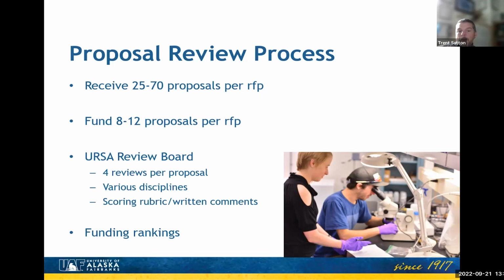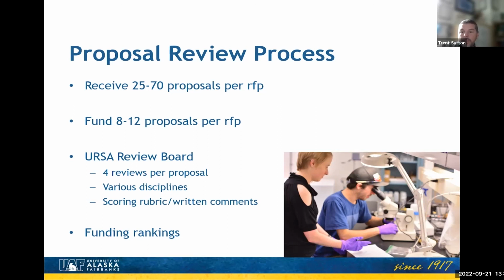So one of the things I'll talk about here in a minute that's really critical is writing a proposal for a general audience, not for a discipline-specific audience, because if you're using a lot of jargon and terminology that the reviewers don't understand because they don't have that background, that's not going to serve you well. It's probably going to result in you not getting a good score. And the probability of not getting funded is much greater. So something to keep in mind. I'll talk about that here in a second.